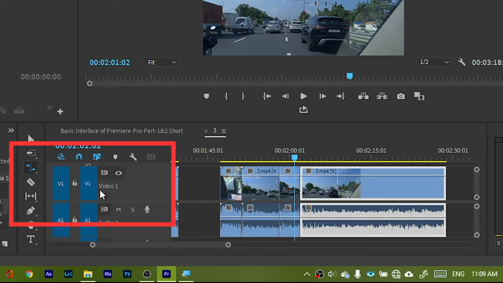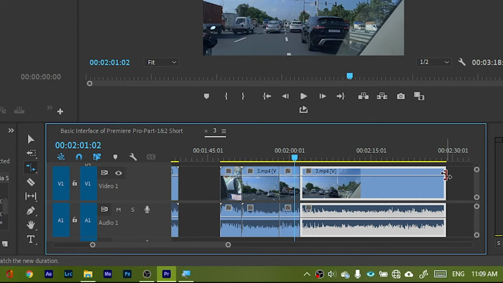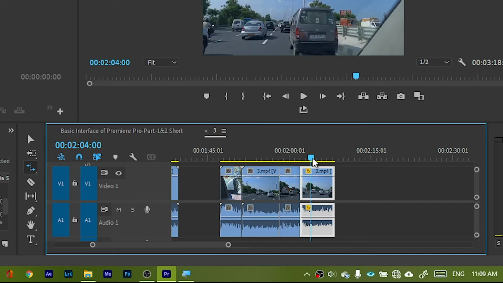Rate stretch tool is basically for speeding up a clip and slowing it down. With the help of this one, you can just hover your mouse on the end of a clip and drag it back. What it does is increase its speed, alright. So if you just play it